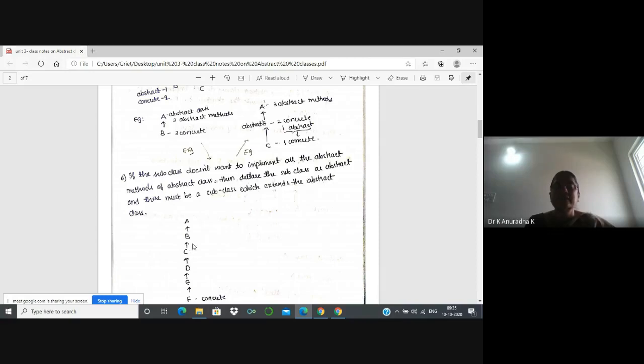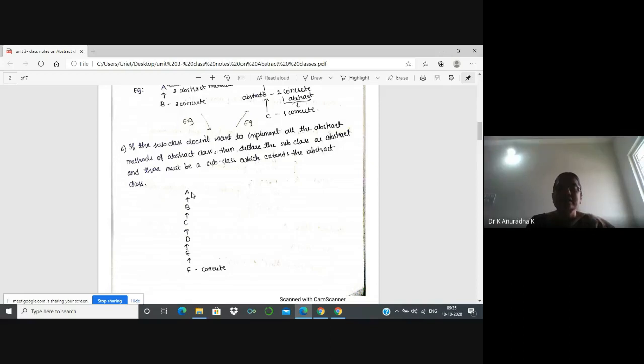And if you see the last level class, it must be a concrete class. Okay, this concept can be extended with multi-level inheritance.